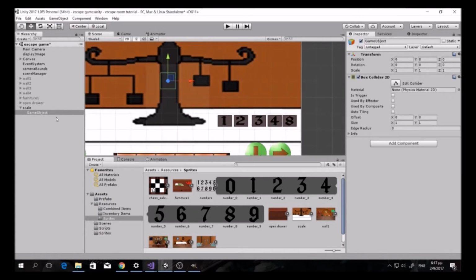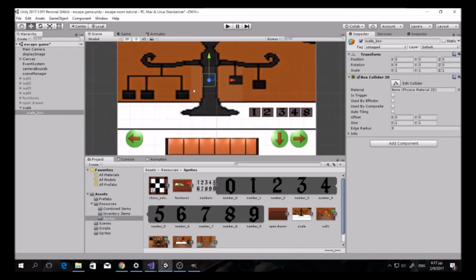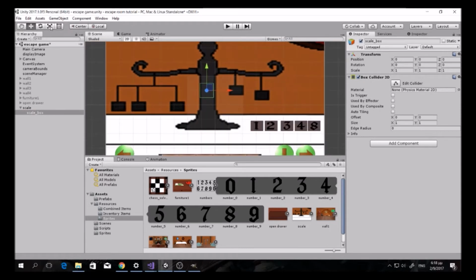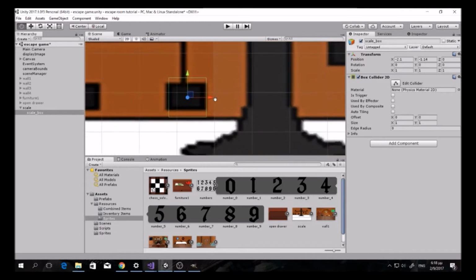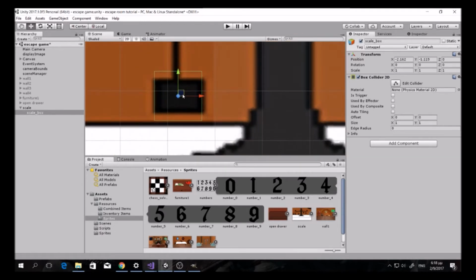Call it box, maybe scale box, whatever, let's call it somehow that you see proper, and put it here and adjust, put the center in the center of the box and adjust the box collider. The box collider will be about